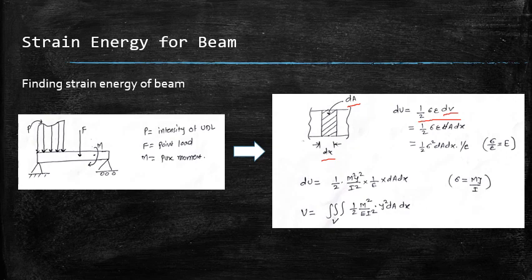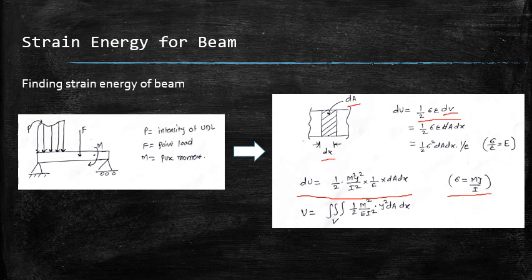So upon solving this equation, we can find the strain energy absorbed by this small element of beam is given by half M square y square upon I square into 1 by E into dA into dx, because you can easily recall this